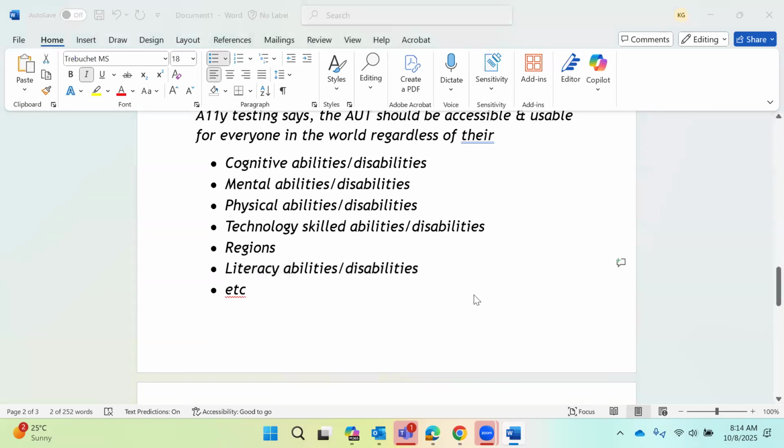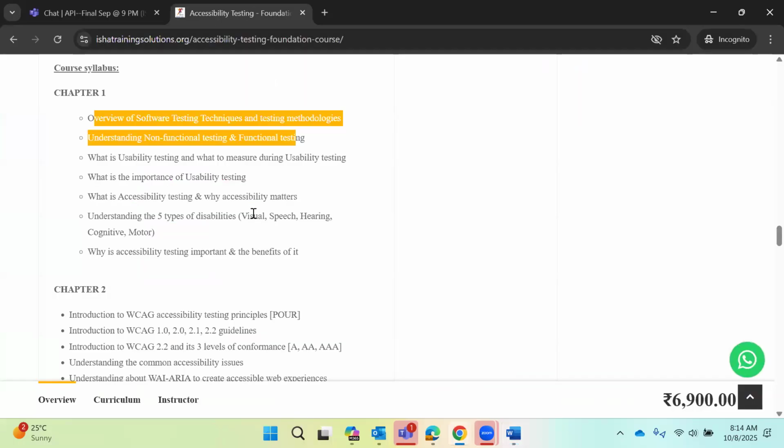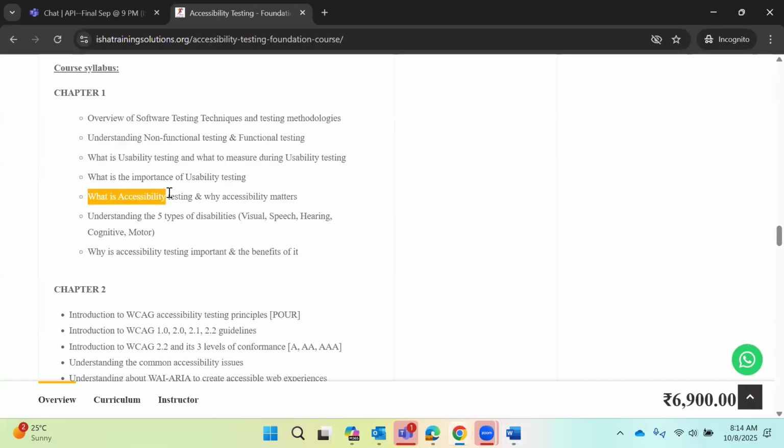Okay. So that's about what is accessibility testing, right? And why accessibility testing matters. Like, why is it important? Not because there is a course we are learning it, not because someone is learning it, we have to do